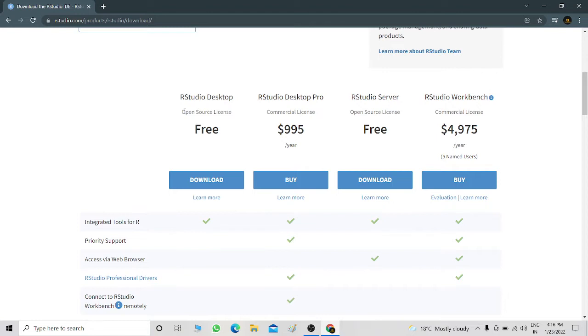and there are a lot of versions available for users like student, professional. Some are available free or some are not free. So if you are a student, then download a free version. So I am going to click on that,